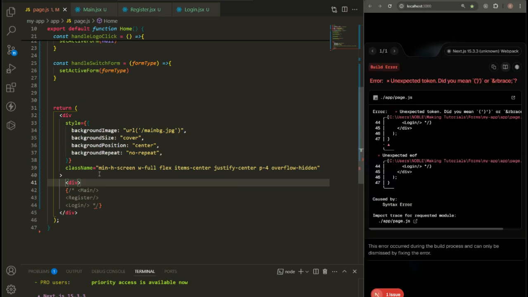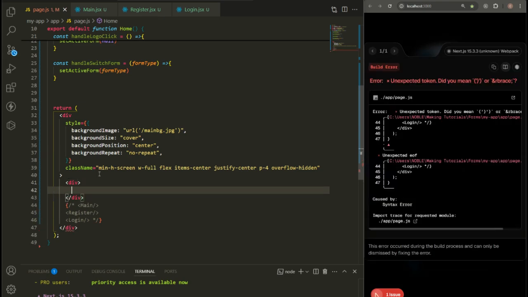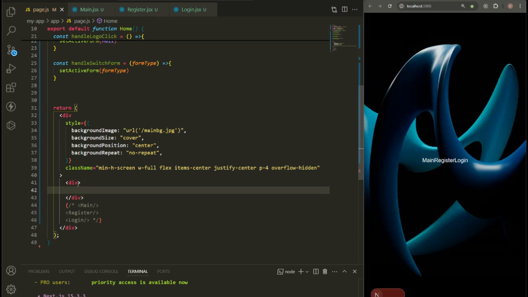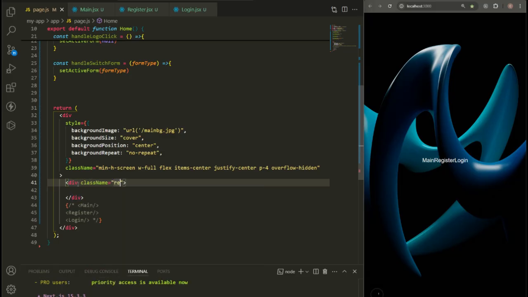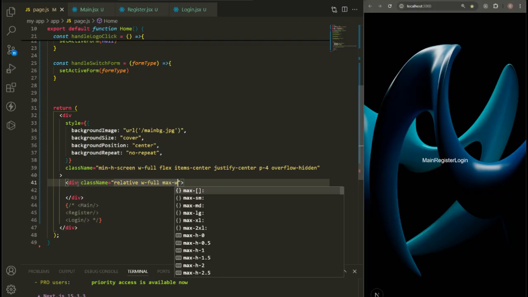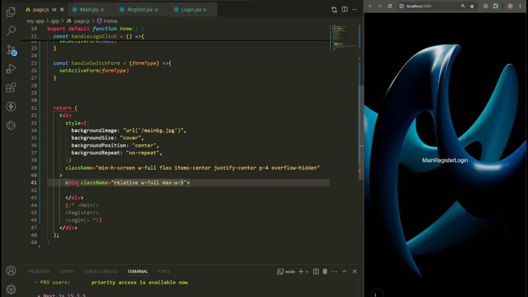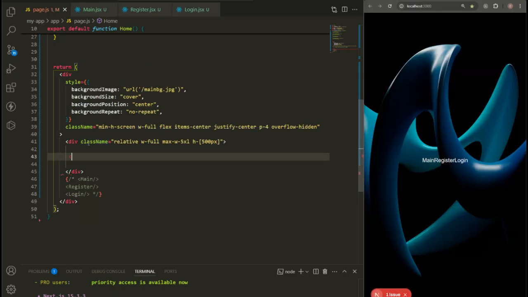If this is going to autocomplete for me. Yeah, so create a div with a class name relative, w-full, max-width of 5xl, and a height of 500 pixel. Next, we are going to make use of the AnimatePresence